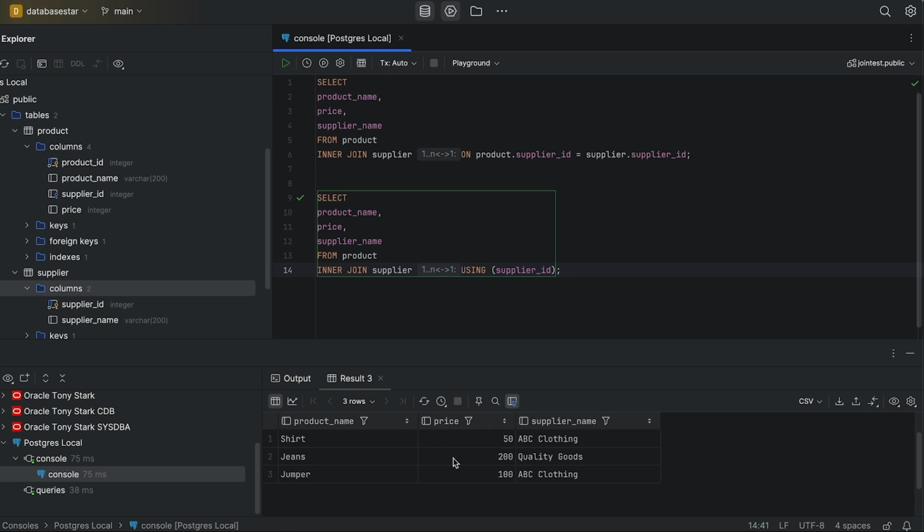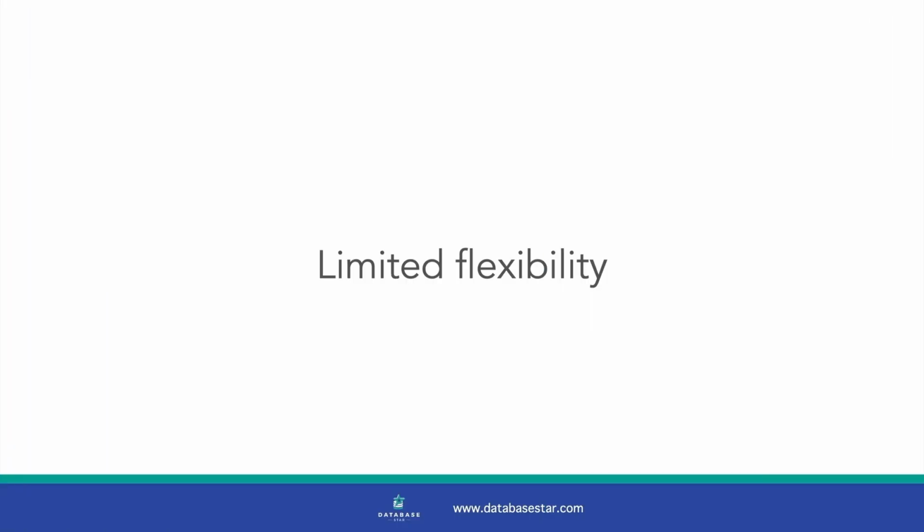But I said at the start of this video we should avoid it. Why would I say that? One reason is that it's not as flexible as a regular inner join. It's easier to write, sure, but it requires that the columns have the same names. If the column names are different, it won't work. You might be thinking that's okay. You can write using when the columns match and a regular join when they don't.